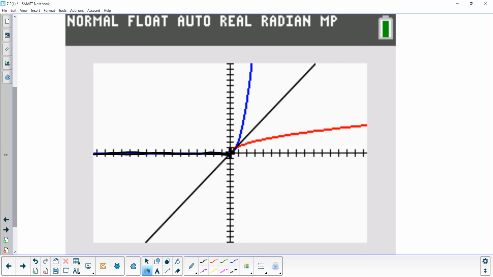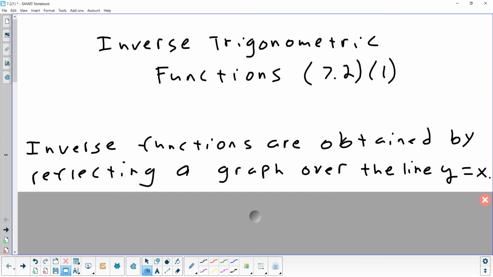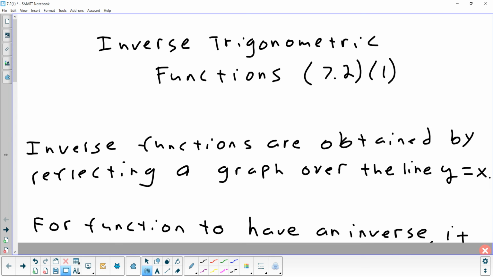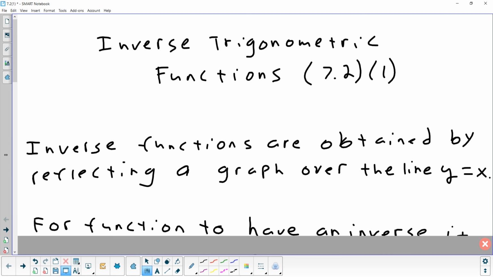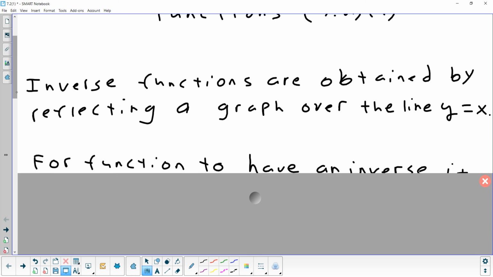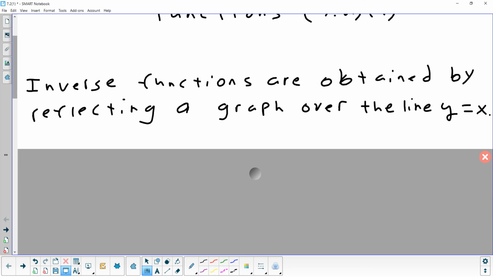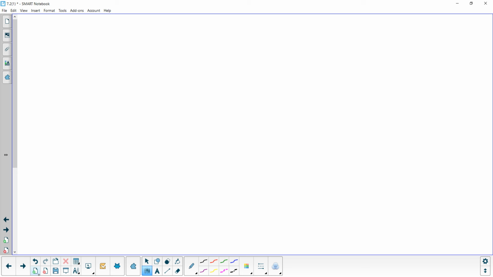Right, so that's squaring and square rooting. Well, what we're going to look at is trig functions and their inverse. Now, for a function to have an inverse, it has to pass a test. Does anybody remember the name of the test that a graph has to pass if it's a function? Yep. The vertical line test? Yes, the vertical line test. So the vertical line test tells you,